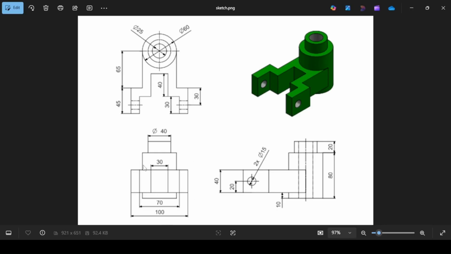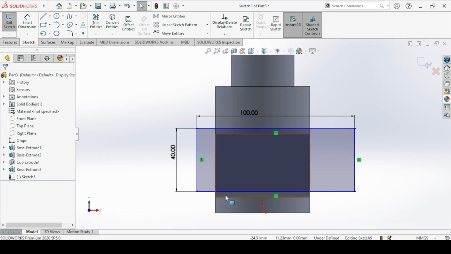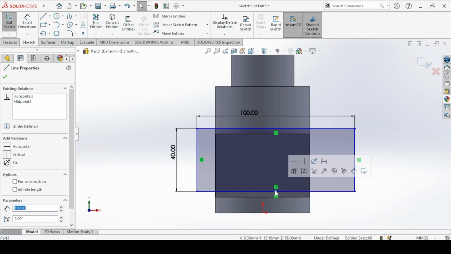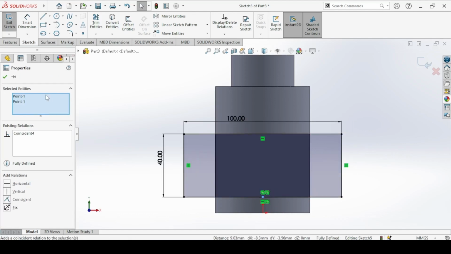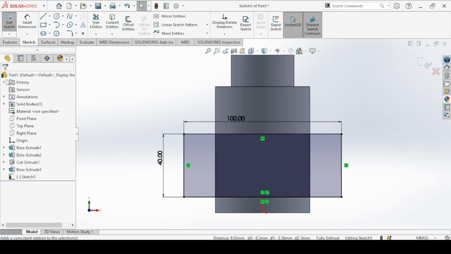And this rectangle here is aligned with the first rectangle we drew. So we have to give it the coincidence relations. Locate the midpoint of this second rectangle, click on it, press the Control key while still holding it, click on the midpoint of the first rectangle we drew, give it the coincidence relation, and click OK. And click on Exit,